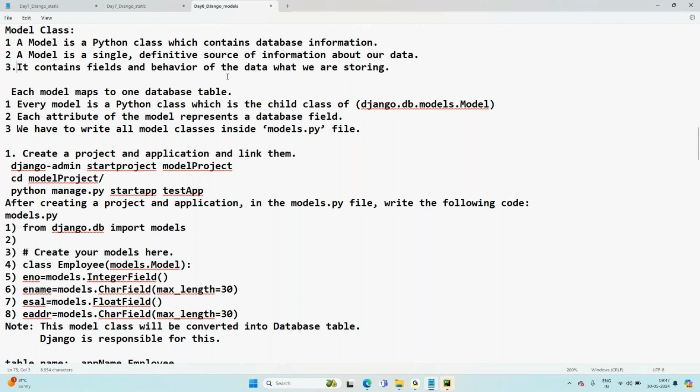Fields and behavior in the sense, for example, if an employee table is there, we will have something like employee number, employee name, employee salary. So the model is the source of information, as I've told you. Each model maps to one database table, and every model should be a child class of